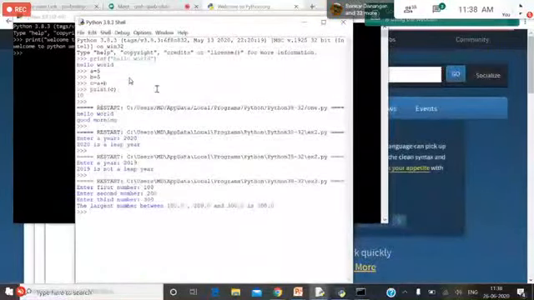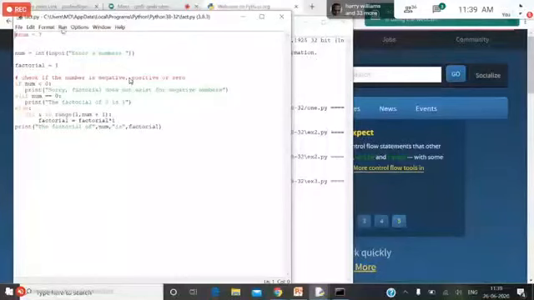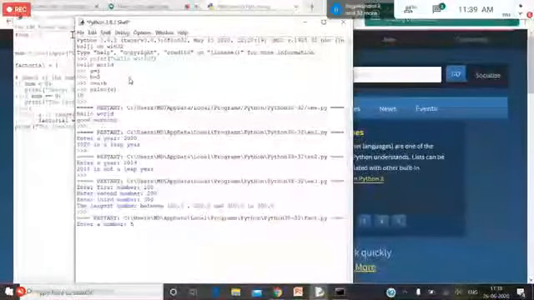So this is the script to find out the factorial of a given number. You know very well the procedure to find the factorial of a given number. Showing this file, go to the run module option. What is the number you want to have? For example, I want to find the factorial of 5. Just print. So the factorial of 5 is 120. Output.